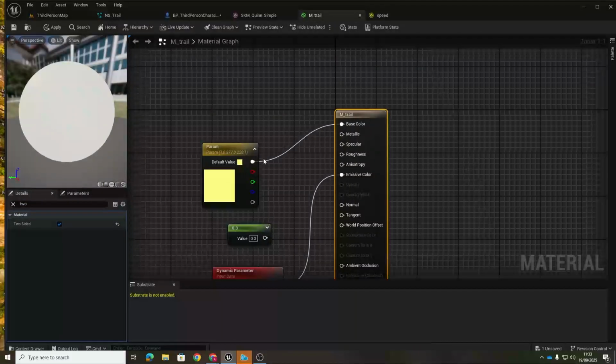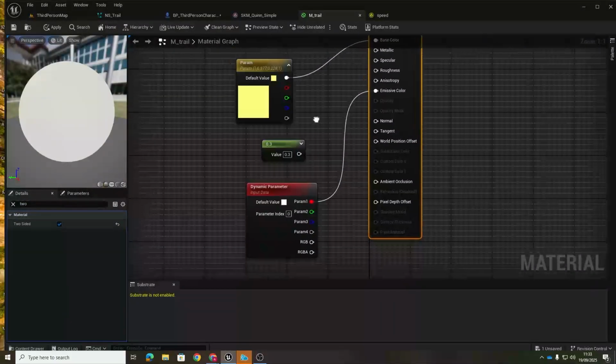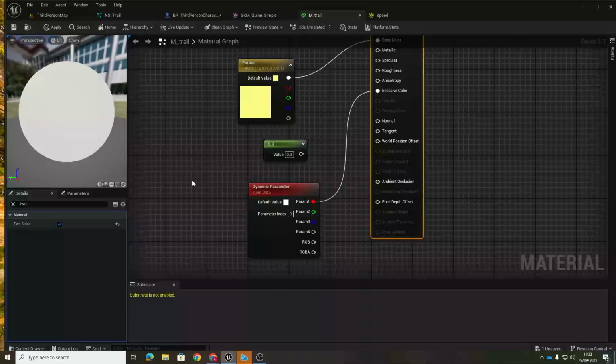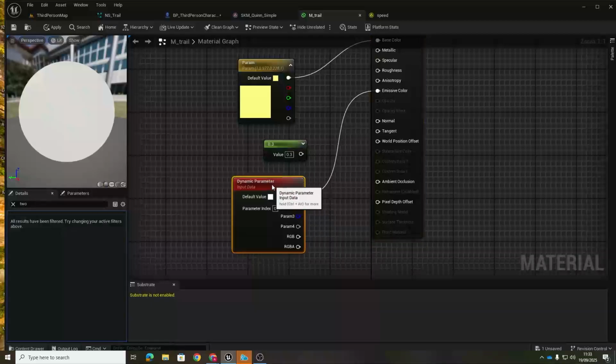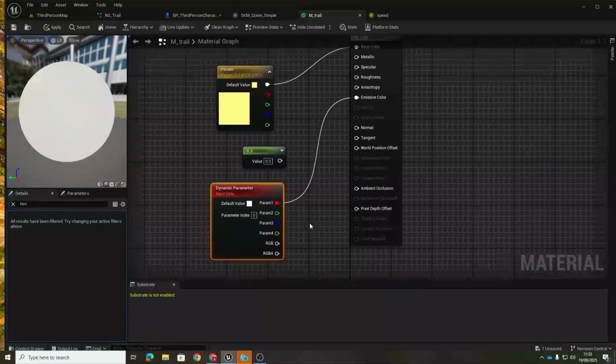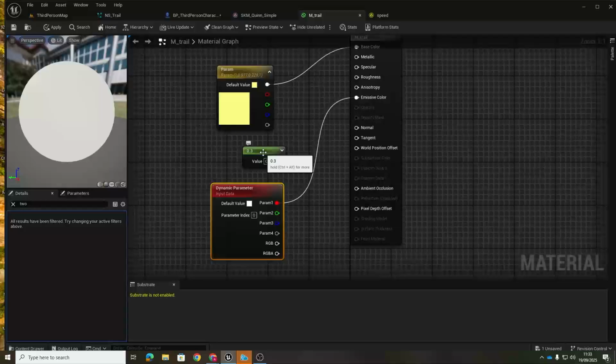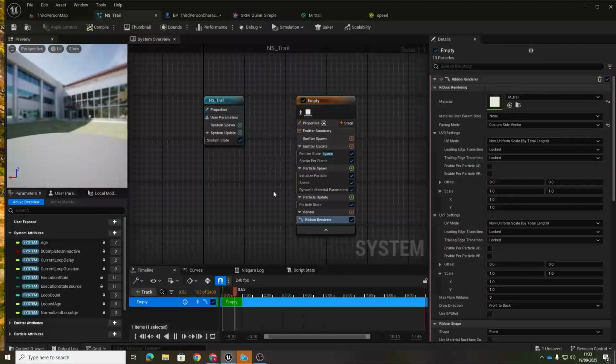You're changing the parameters of particles. So I then came into my materials. I made this dynamic parameter, and instead of a set one where you set the numbers there, I stretched it and inserted it into the emissive color. And then if we go back one last time to our NS trail,